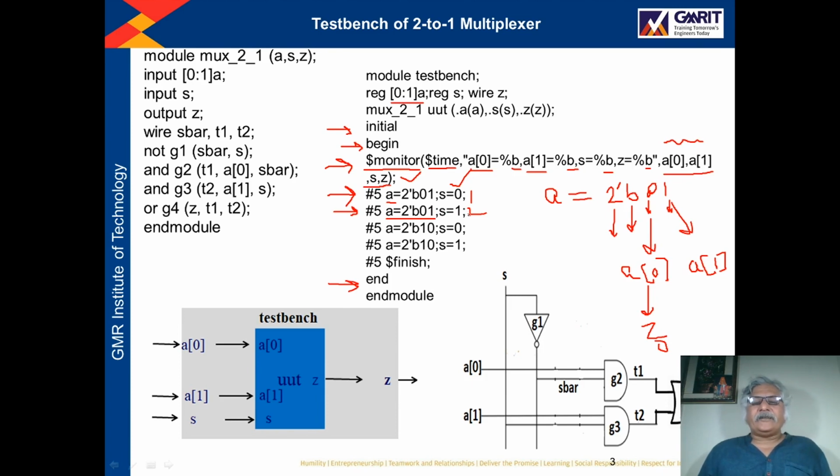Due to change in S, since S is 1, at 10 unit time the value of A1 will be transferred to Z. So Z will have 1, right? So this will take place at 5 unit time, this will take place at 10 unit time, right? So in this way I have given the various values, and in the last #5 finish. So it will stop the simulation.